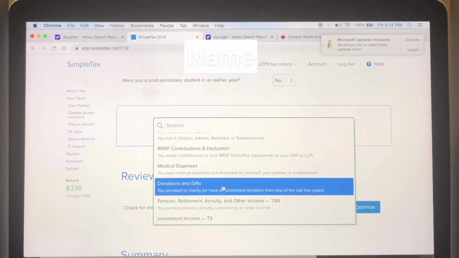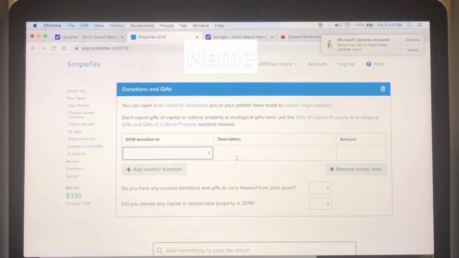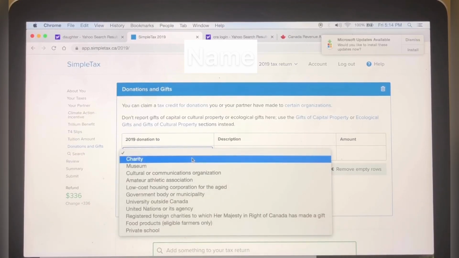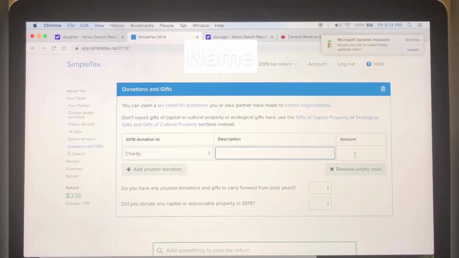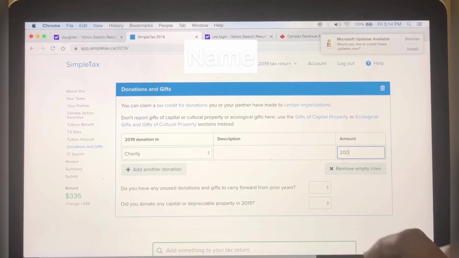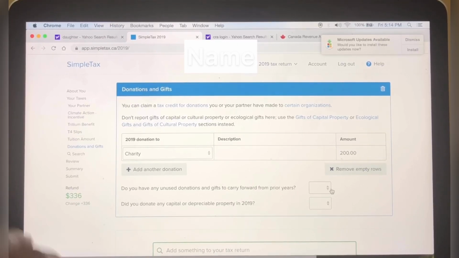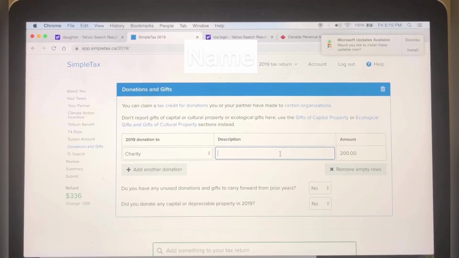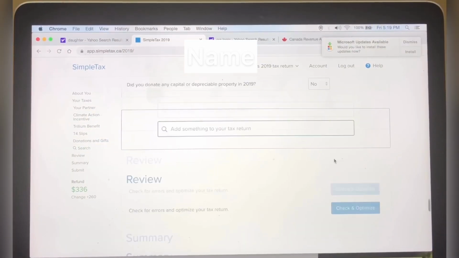See, pay $200 donation and gift. So donation and gift, charity, $200. I think that's about it for her.